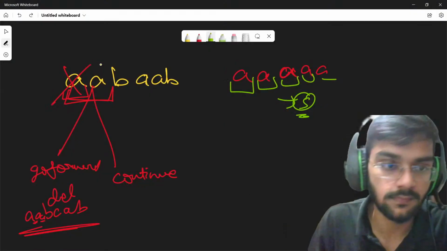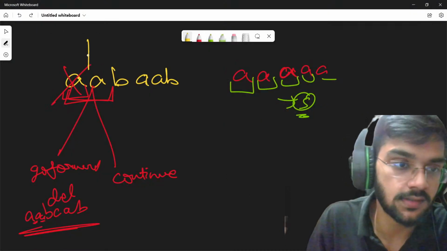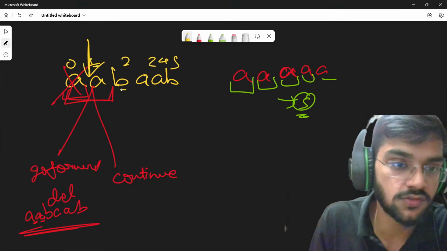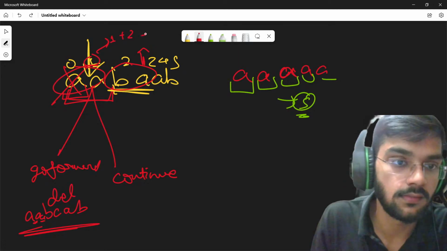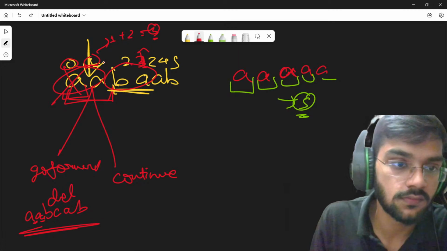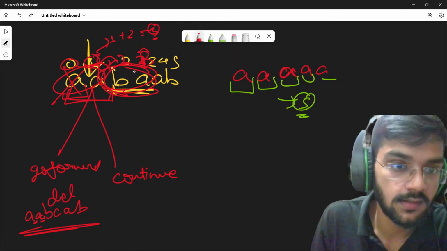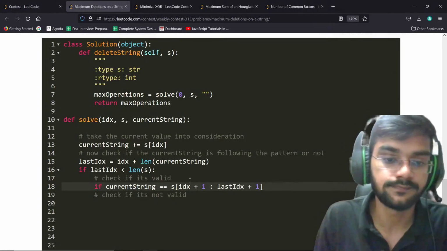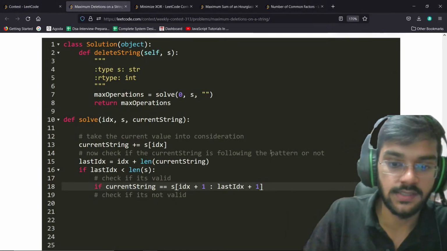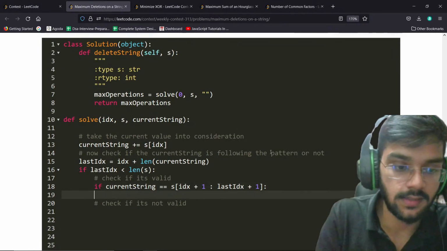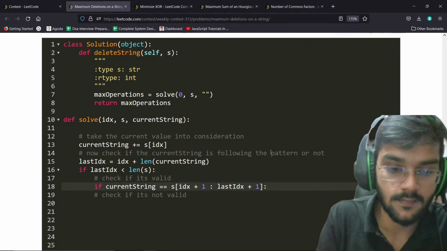So let's say my IDX is here: 0 1 2 3 4 5. So if this is here, then I need to check these two elements, right? These two elements I need to check. So how do I get this index? That's going to be 1 plus this length 3. Now since this is like 3, so 0 1 2 3, so how do I get this? So I say IDX plus 1 here till that, that's fine. So if that's equal, in that case I can probably say that,